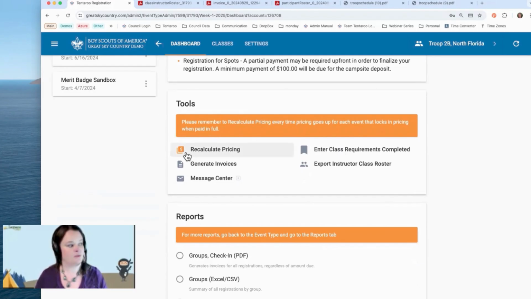We're going to start with the Recalculate Pricing button. This feature recalculates pricing from scratch for all of your registered groups. It'll take any spots that haven't been paid in full yet and increase those to the current rates in the system. This feature is only available for events that calculate pricing based on the date when spots are paid in full. In that case, unpaid spots should automatically go up in price over time, and this will recalculate everybody